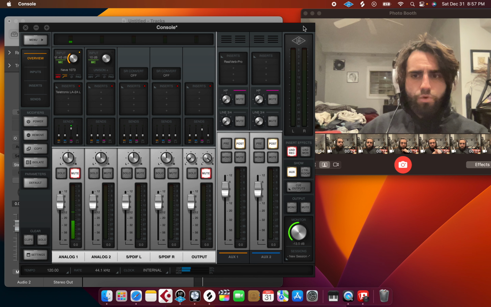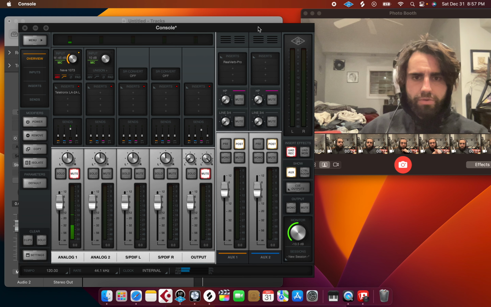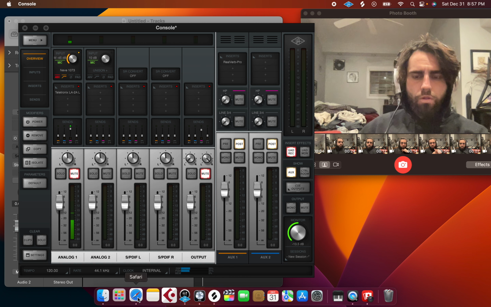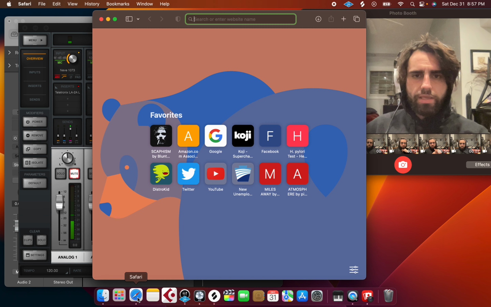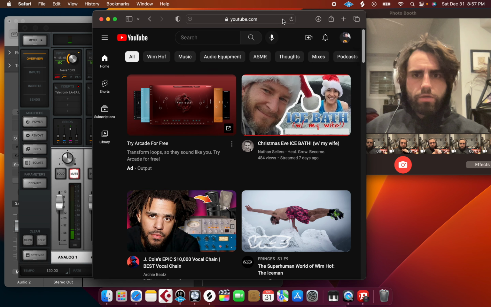So first and foremost, we have the Apollo Twin interface set up all throughout the computer. What I mean by this is that we are controlling all of the sound from the computer directly on the interface. So if I go on YouTube and I click on anything, right,